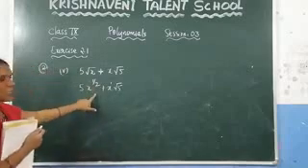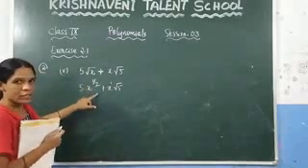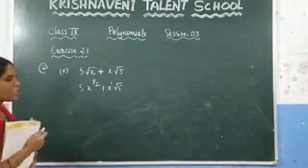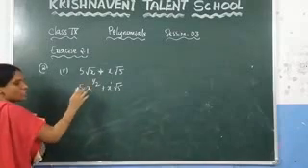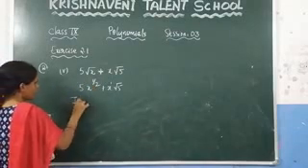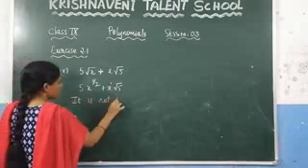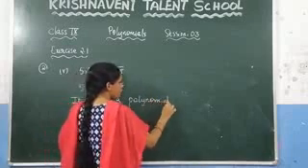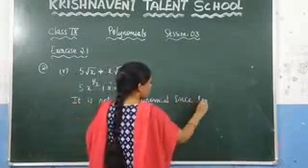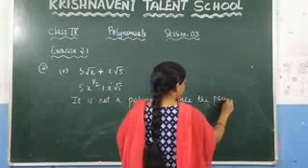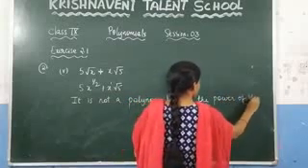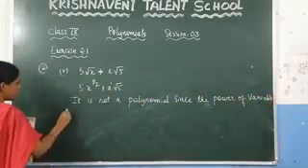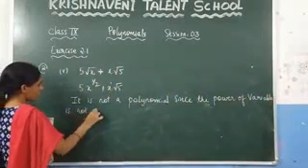Now, you can check the power of the variable. Here 1 is there, here 1 by 2 is there. You know that 1 by 2 is not an integer because it is a rational number. So we can say that it is not a polynomial, since here the power of x is not an integer. So write it here. It is not a polynomial. What is the condition? Since the power of x is not an integer, or you can write the power of the variable is not an integer. It is in the form of a rational number.